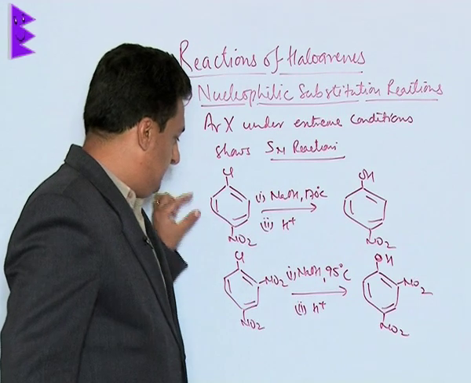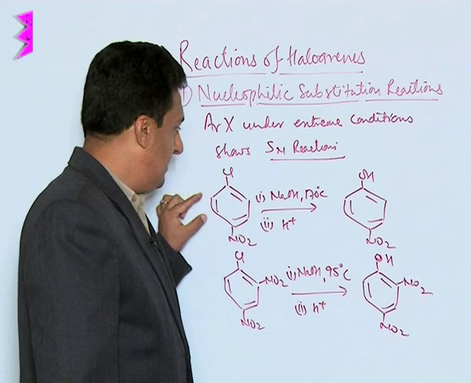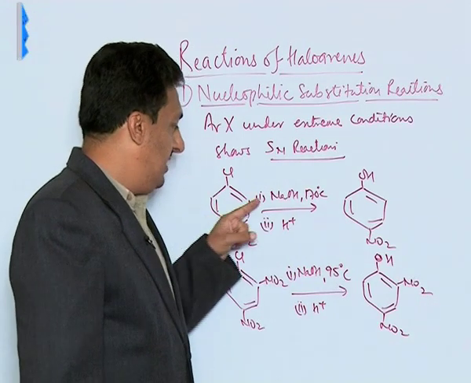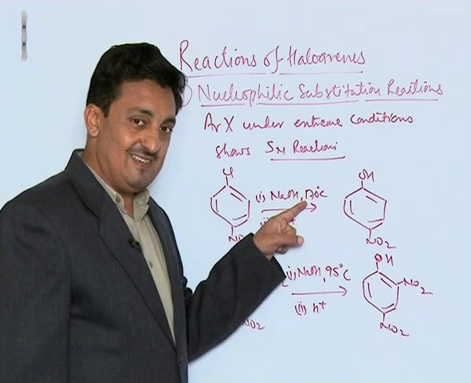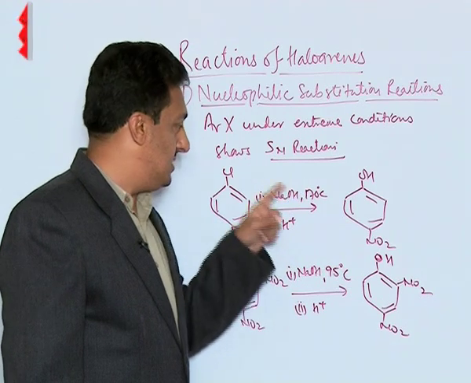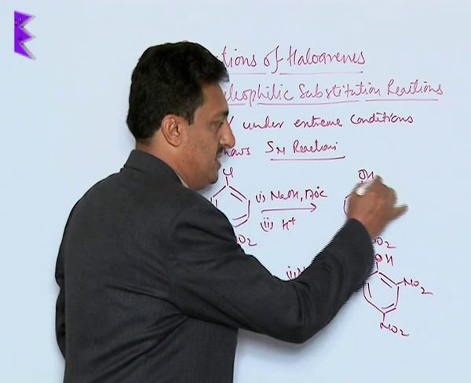Like in this case, we have a nitro group attached to the para position in the chlorobenzene, and it's an example of a para nitrochlorobenzene. Now when it is subjected to NaOH and only at 170 degrees Celsius, no extra pressure, and then dilute HCl, what we get is Cl is being replaced by the OH, and we get what? The compound formed is para